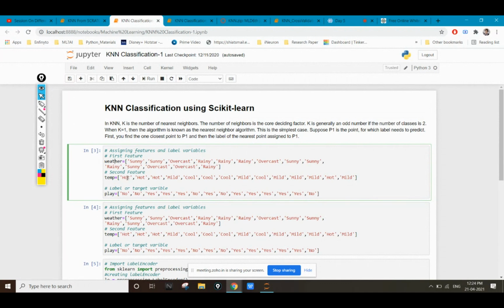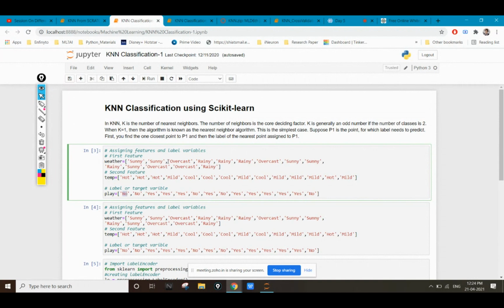And in temperature we again have three conditions: hot, mild, and cool. Depending on that, we are telling a group of students whether they can go outside for playing or not. If the weather is sunny and the temperature is hot, the students cannot go outside to play.